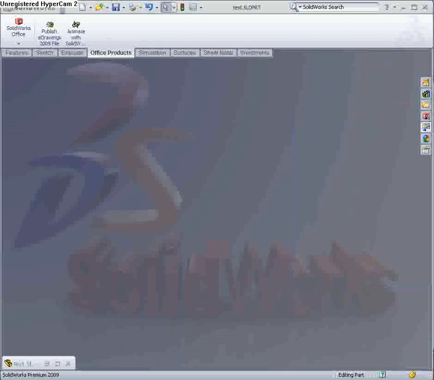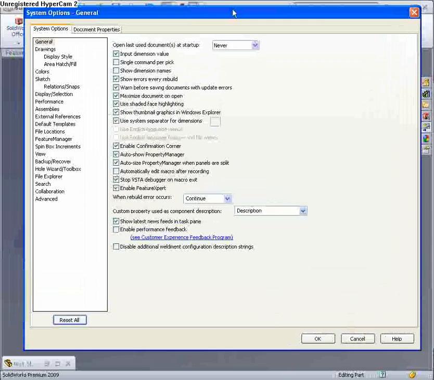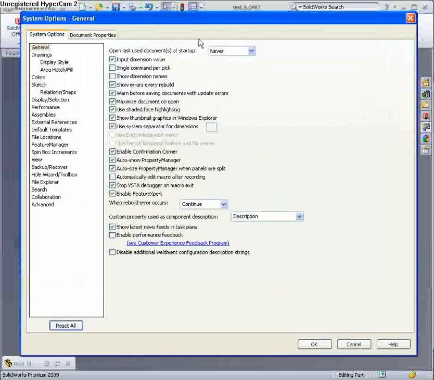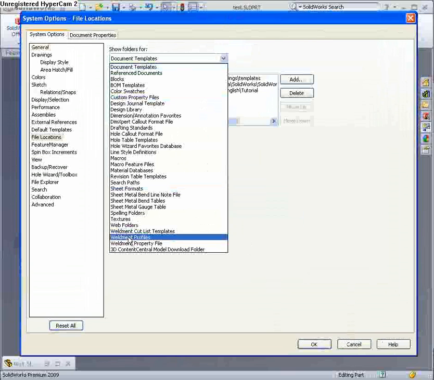Okay, this is a very quick demonstration just to show how to set up a bill of materials using weldment cut lists and pulling in a unit cost per length in from the weldment. So the first thing to do is look at your tools options, file locations, and go down to weldment profiles